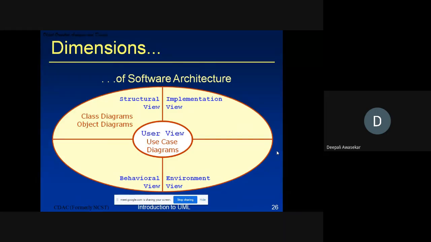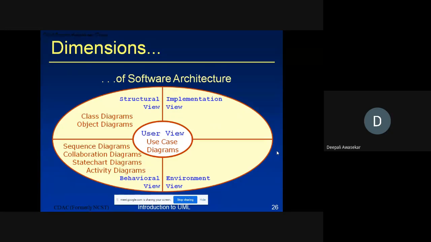Now, dear students, be attentive and listen. कि 9 diagrams जो है उसका बाइफ्रिकेशन, उसका डिवीजन और उसका क्लासिफिकेशन कैसे हुआ है बेस्ड ऑन डायमेंशंस. तो डिफरेंट डायमेंशंस कंसिडर किया है हमने यूएमएल में, राइट? तो कौन से डायमेंशंस है वो? स्ट्रक्चरल व्यू है, बिहेवियरल व्यू है, इम्प्लीमेंटेशन व्यू है, एनवायरमेंट व्यू है। ओके, तो जब स्ट्रक्चरल व्यू को कैप्चर करना है तो कौन सा डायग्राम है? क्लास डायग्राम, ऑब्जेक्ट डायग्राम। जब बिहेवियर को स्टडी करना है वो सिस्टम का, तो कौन से डायग्राम्स है? सीक्वेंस डायग्राम, कोलैबोरेशन डायग्राम, स्टेट चार्ट डायग्राम, एक्टिविटी डायग्राम। सो 6 डायग्राम्स यहाँ पे होंगे।